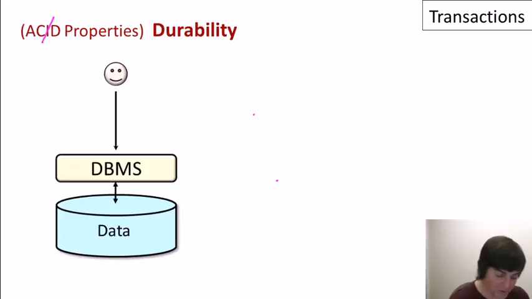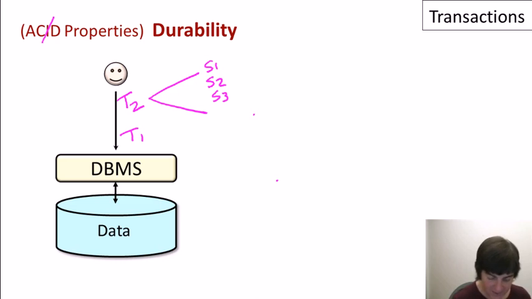Okay, so we finished our first of the 4 ACID properties. The other 3 will actually be quite a bit quicker to talk about. Let's talk now about durability, and we only need to look at one client to understand what's going on. So let's say that we have our client, and the client is issuing a sequence of transactions to the database, and each transaction, again, is a sequence of statements, and finally, at the end of the transaction, there's a commit.